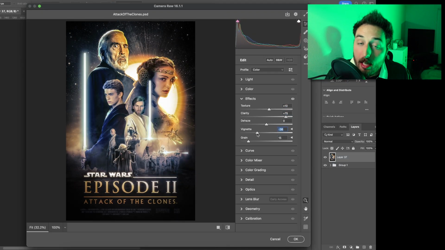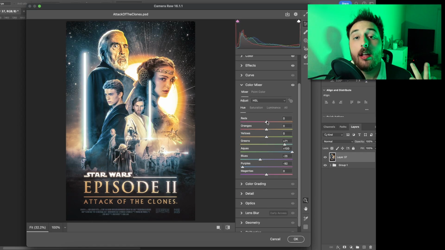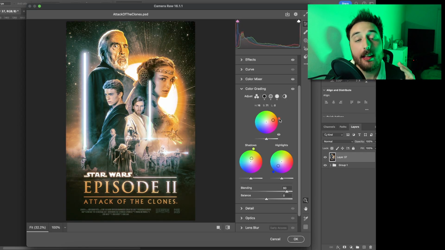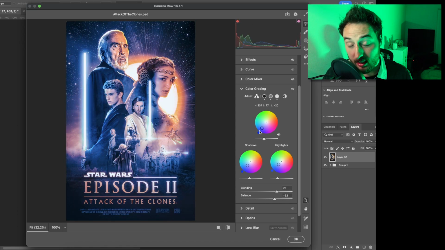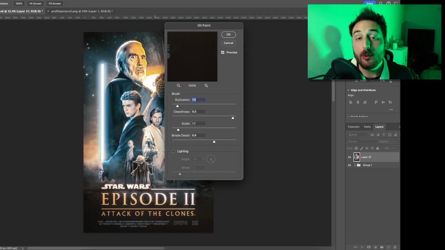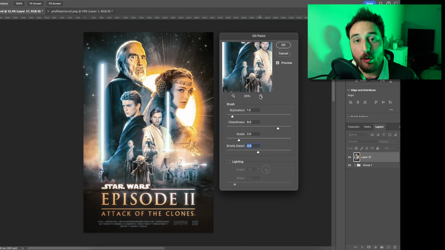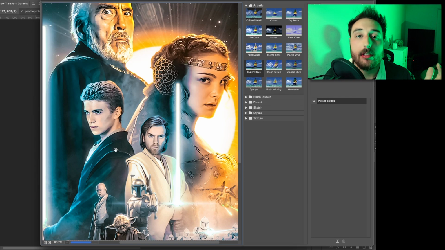Then you run that cut file through a Camera Raw filter while focusing on the clarity bar, the noise reduction features, and the color correction tools. Make sure your document is in RGB and not CMYK, or else you won't be able to access these effects. You then run that through an oil paint filter, and then you finally run that file through a poster edge filter in your filter gallery.